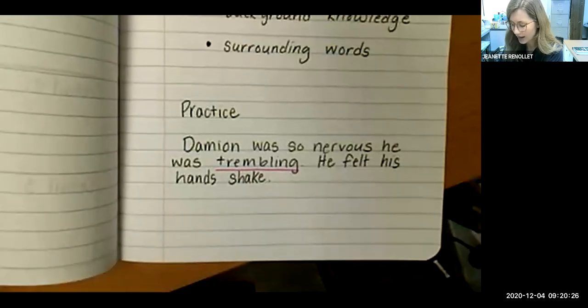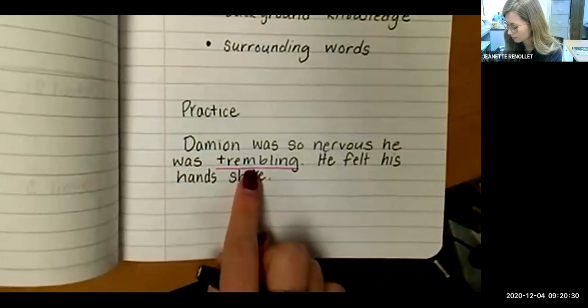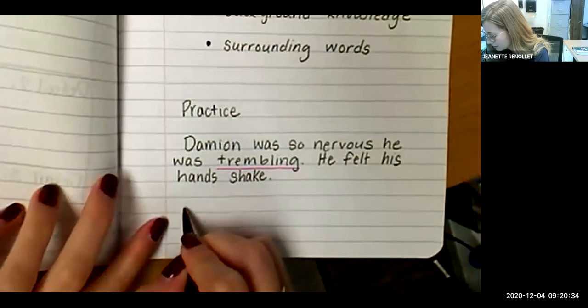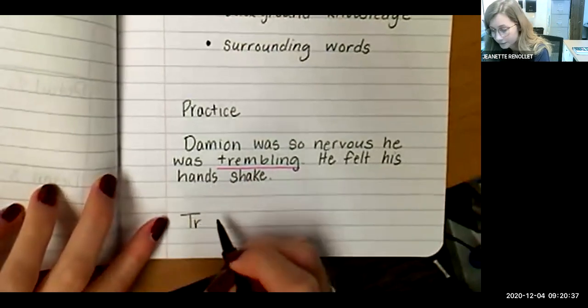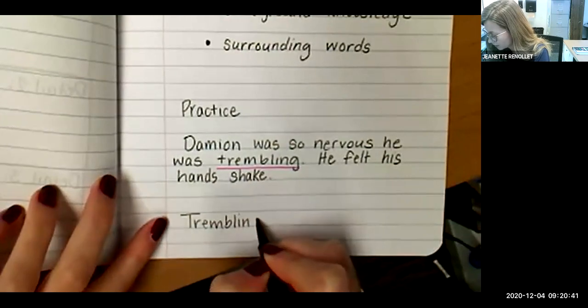Today, we're going to practice determining this unknown word. We are going to write a sentence explaining the meaning of this word.